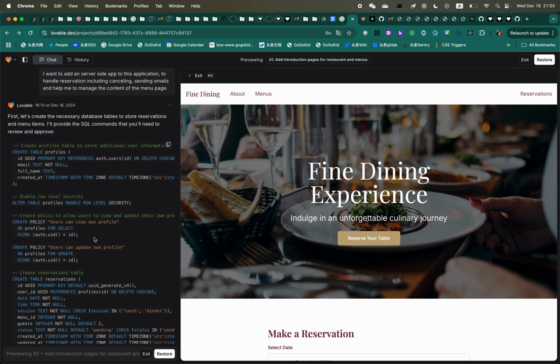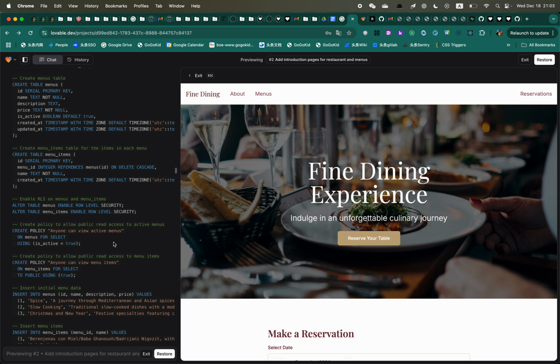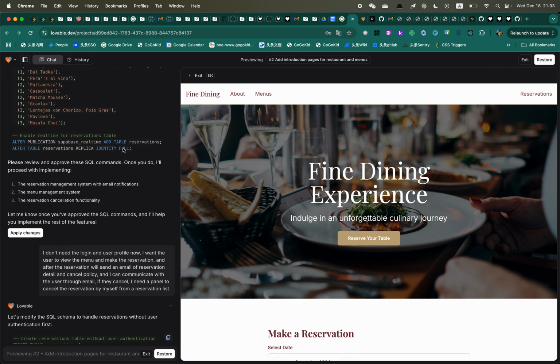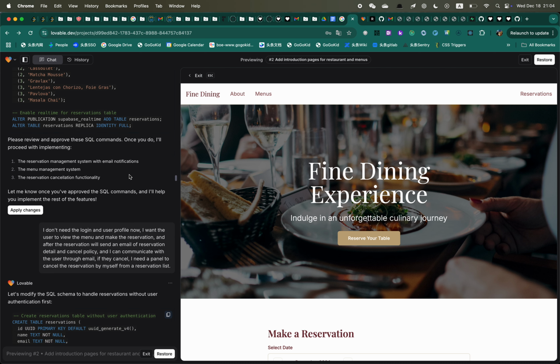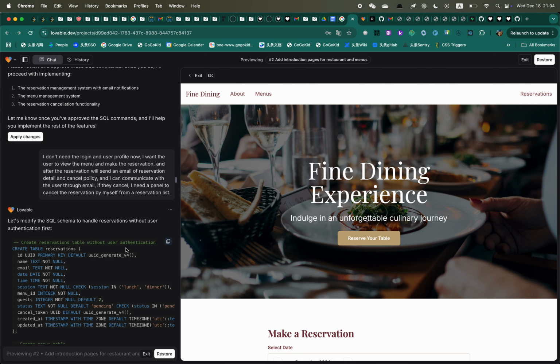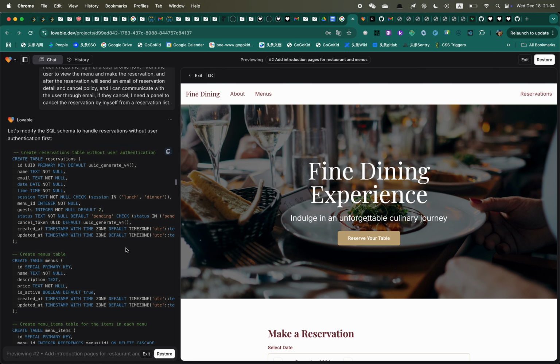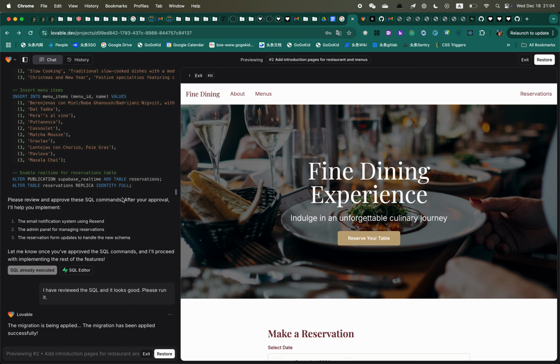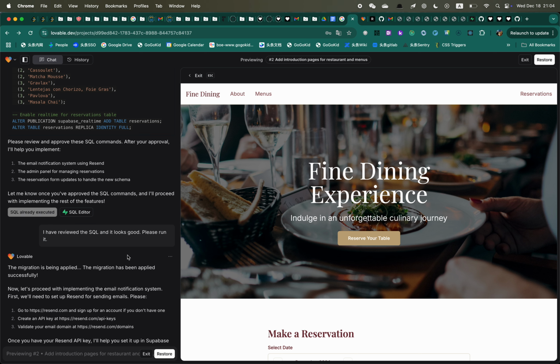So here they just gave me a SQL with the design, and I told them no, I don't want this to be so complicated in the first place. I don't need user authorization. If you have user authorization, maybe we can log in through Google, or maybe GitHub or something else, but not like this. So I told the AI to go much simpler. Here is the SQL, and I ran it, and it registered the whole set of tables on Supabase and did it for me, which is cool.